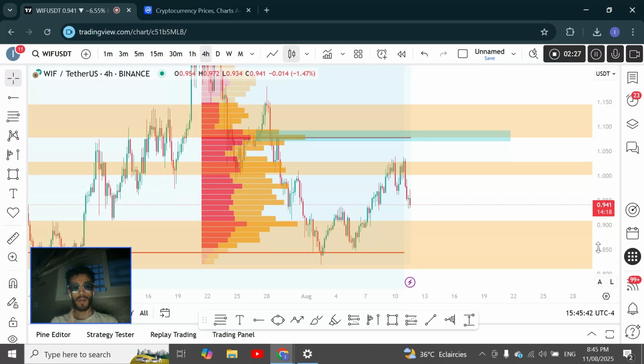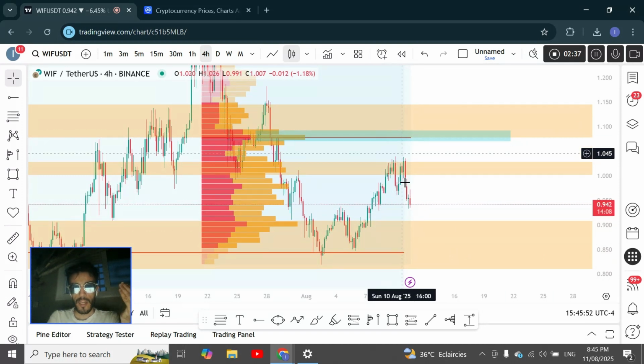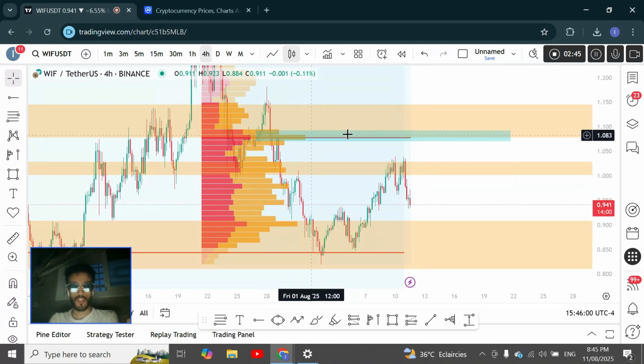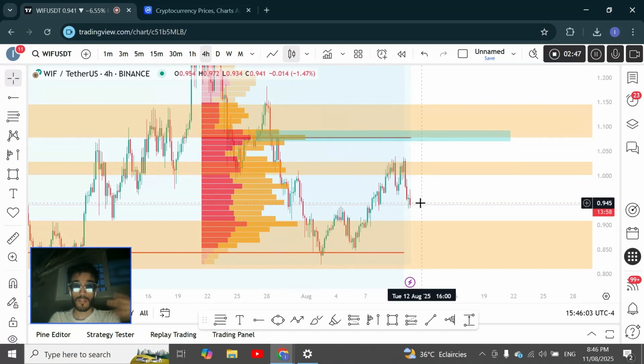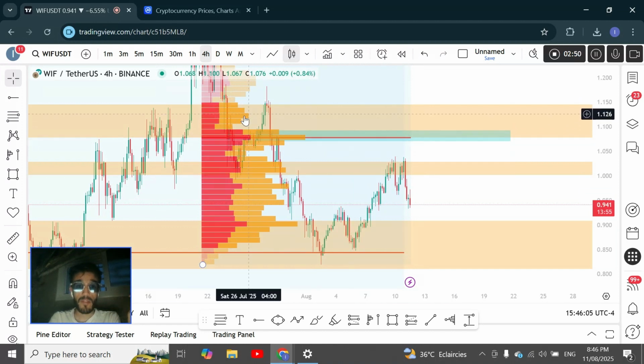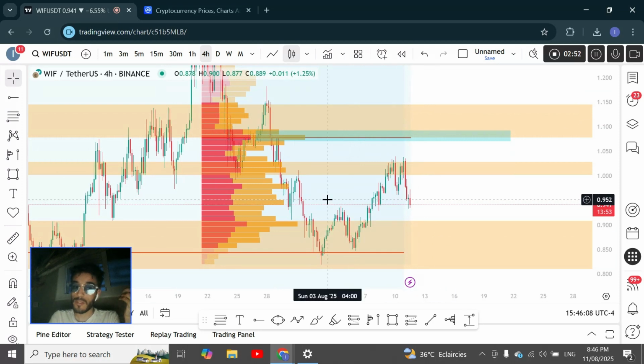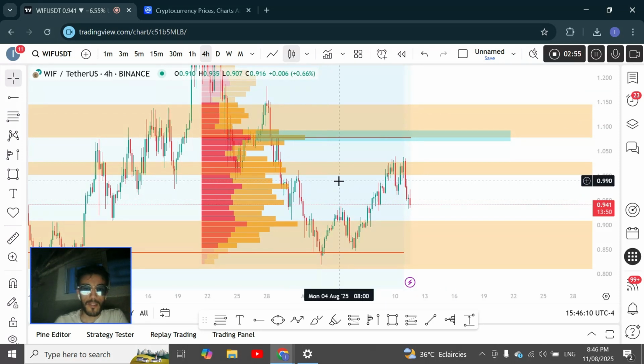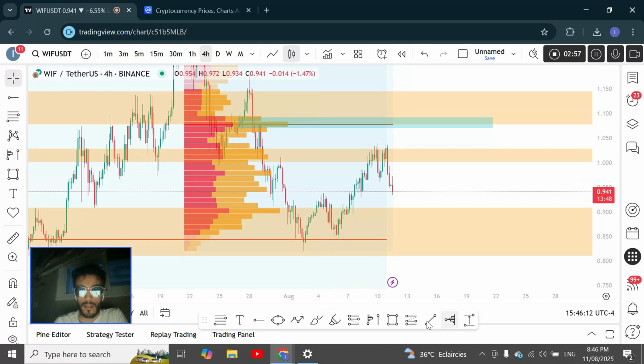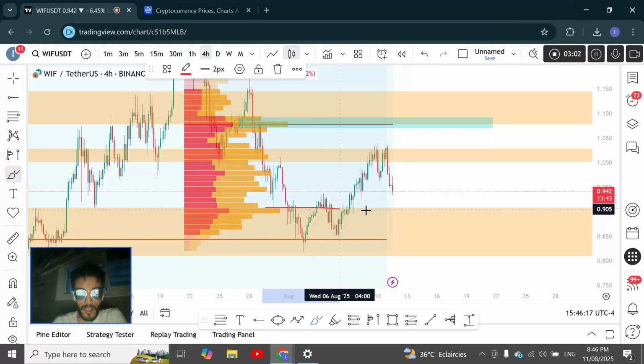If this HVN is $100 million, let's suppose, and I am going to pump the price to this, I need to buy $100 million here, and then I can sell it easily here. But if this HVN is very low, for example 50 million, I cannot buy 100 million, because it's very risky to sell it. And as you see here, the HFTs, when the price comes down, accumulate